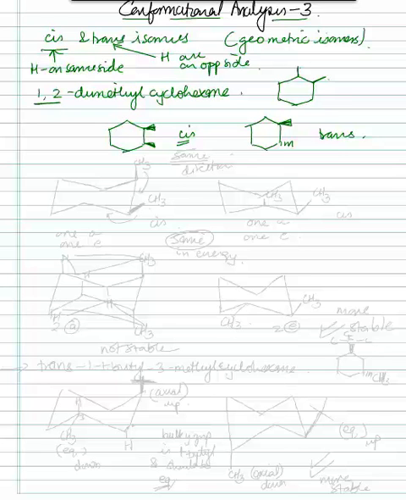So let's go ahead and draw the conformers for these two structures. I'm going to draw the cis first, and here remember they are on the same side, the same direction. That's the important thing. So here we go, parallel lines. Now the cis in this case means same direction, which means if something is going up, the other one is also going up. It's nothing to do with the axial and equatorial. So if I draw my methyl group going up, then the other methyl group also has to go up. That is cis. Now the flip side of that is when I draw the other one here,